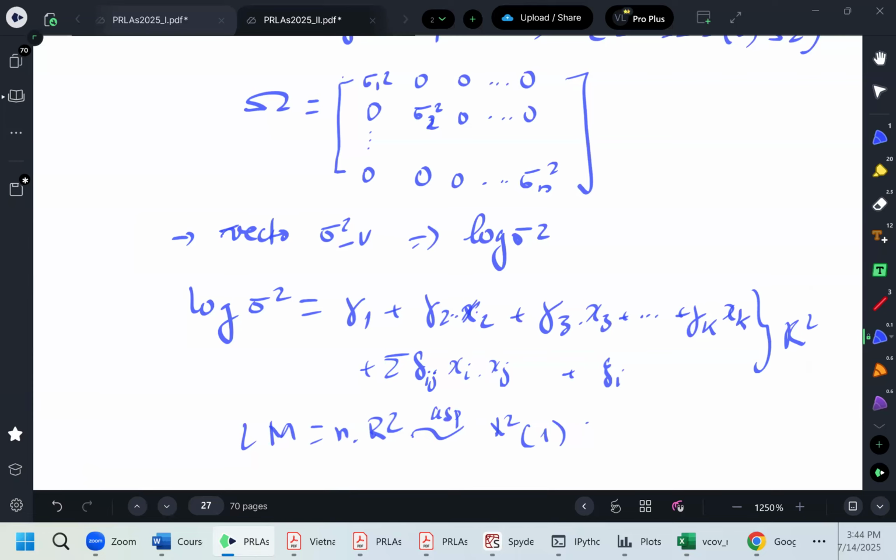Okay. The idea here is nothing more. If the variance is constant, then the coefficients of all of these must be what? 0, right? So you are testing all of these ones. Is that right? So this is the idea that we need the LM test in that way. So basically when we apply the test,